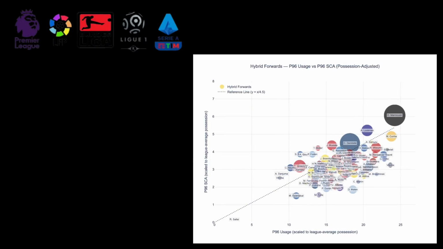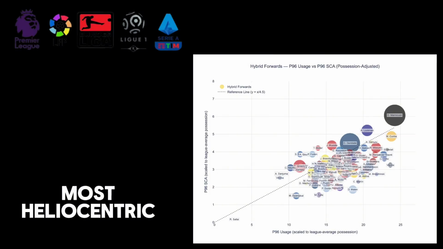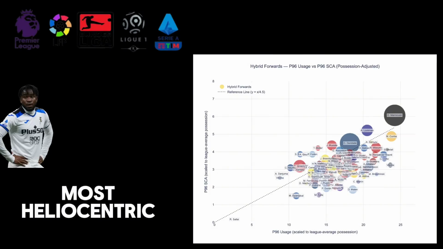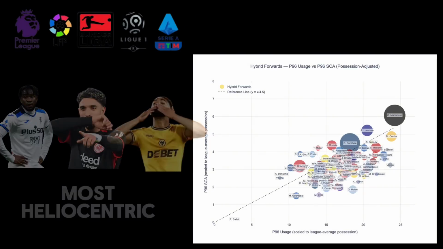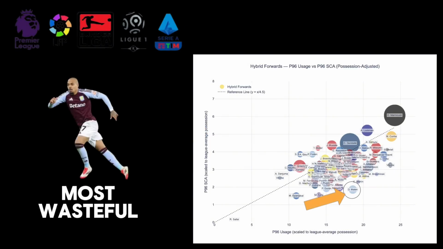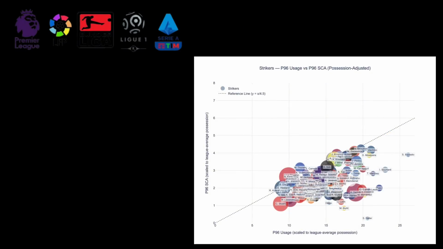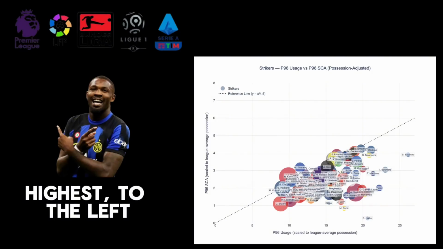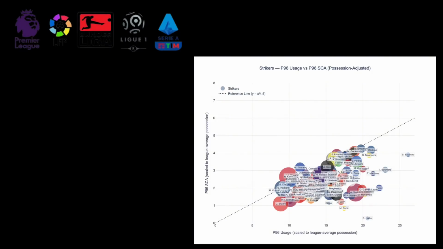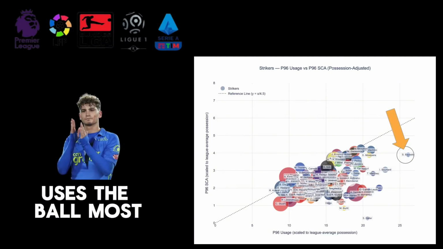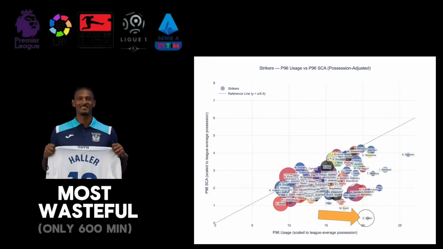Among the forward-striker hybrid players, the most ball-dominant players are Ademola Lookman, Omar Marmoush, and Matheus Cunha. Daniel Malen is actually the most wasteful among these players. The striker who's most efficient with his creativity is Marcus Thuram, who just barely beat out Harry Kane. The one who actually uses the ball most is Sebastiano Esposito, but the one who's the most wasteful was Sebastian Haller in his half season with Leganés. That's even worse than Paul Anuachu from the previous video.